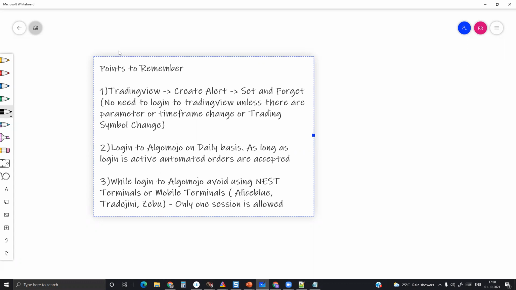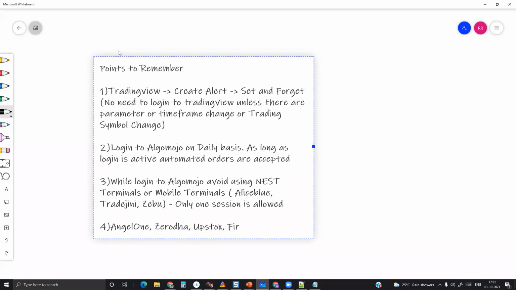But there are certain brokers like Angel Broking, Angel One. These days it's not Angel Broking, it's Angel One, or Zerodha, or Upstox, or Firstock. They are managing multiple sessions. It means these brokers are allowing multiple sessions to run. So simultaneously you can access your mobile terminal, web-based terminal, and you can use AlgoMojo also.